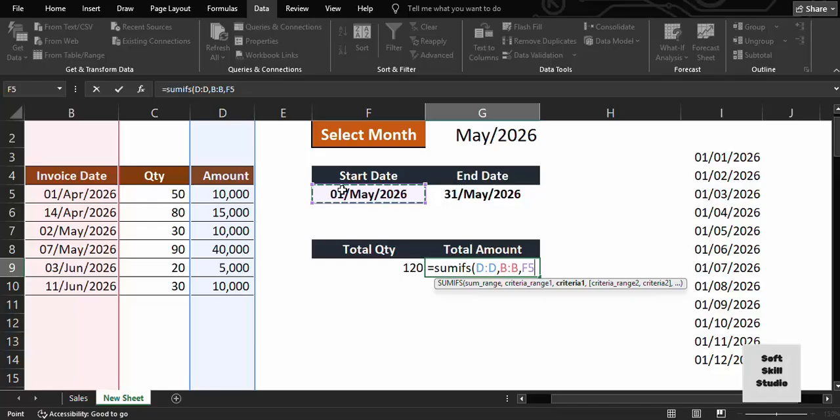After the comma I write that in F5 we want our value to be greater than or equal to 1. So here I write inverted commas, and after that we use the greater than or equal to sign, inverted commas close,